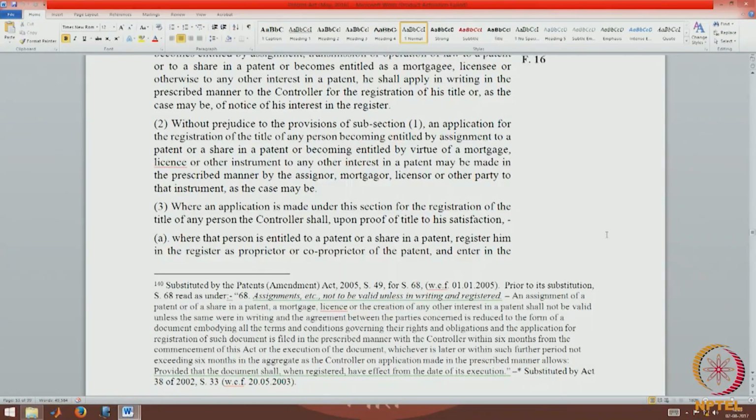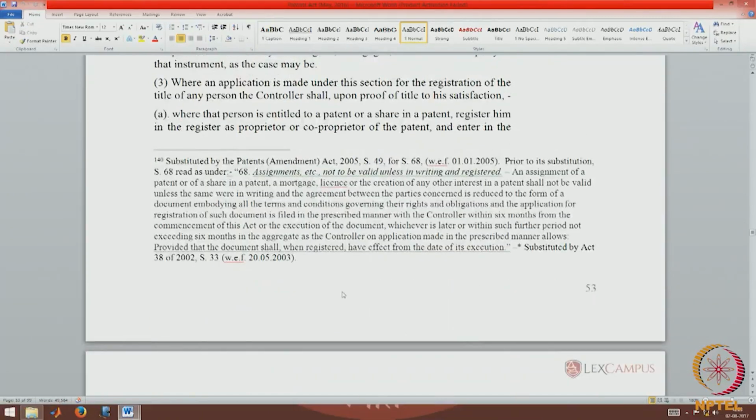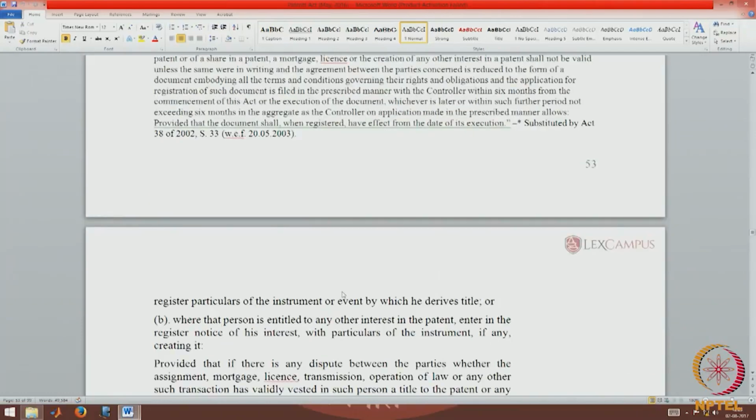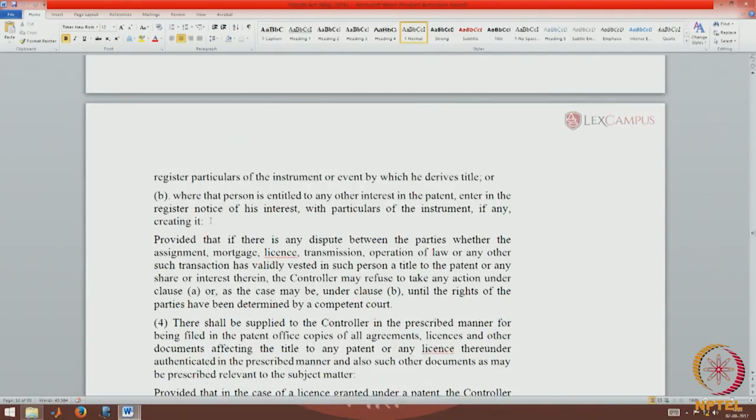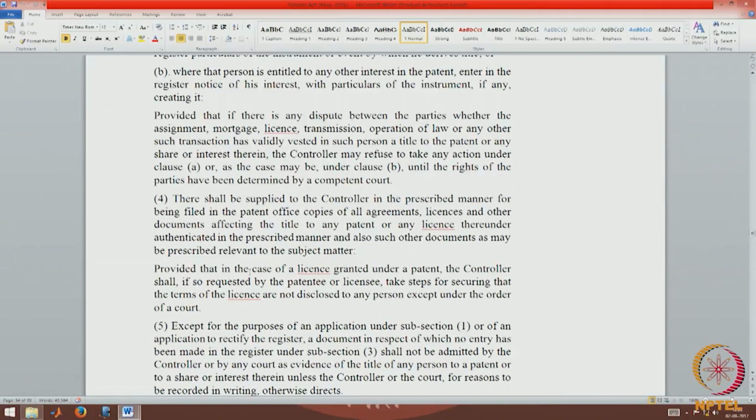3. Where an application is made under this section for the registration of a title of any person, the controller shall, upon proof of title to his satisfaction, A. where the person is entitled to a patent or a share in a patent, register him as the proprietor or co-proprietor and enter in the register particulars of the instruments by which he derives title. B. Where that person is entitled to any other interest in a patent, enter in the register notice of his interest with particulars of the instrument creating it, which means the controller just takes record of the instruments and carries